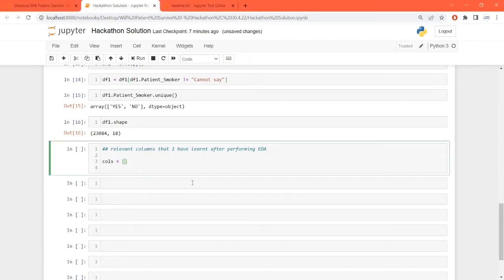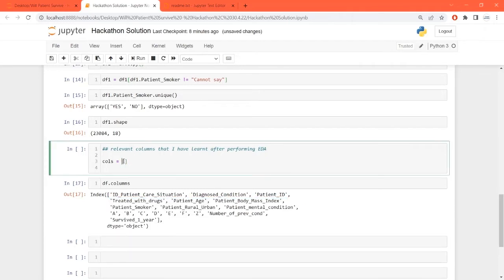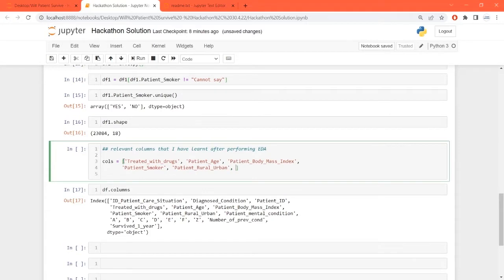So a few of the columns that I require. So df.columns. I need treatment with drugs, patient age, body mass index, smoker, rural. So I will first copy all of them. Body mass index, process, rural, and mental condition also I need. So your mental condition and till here.